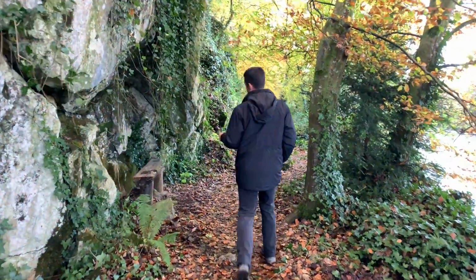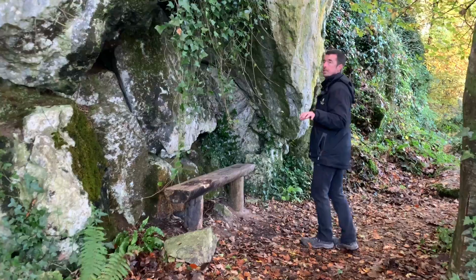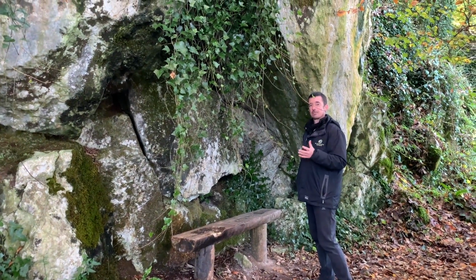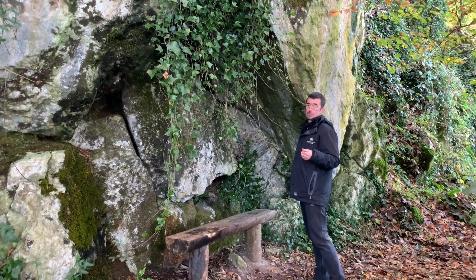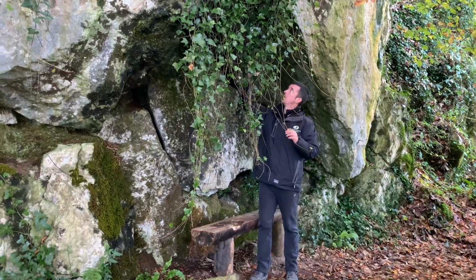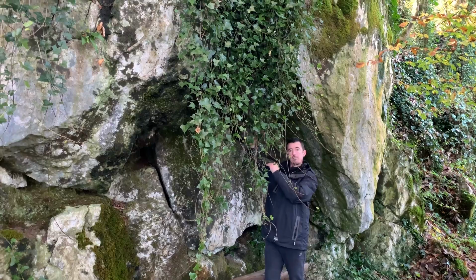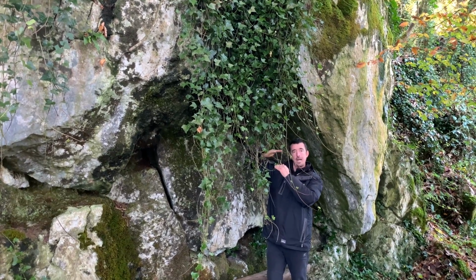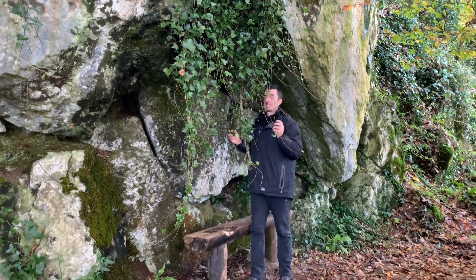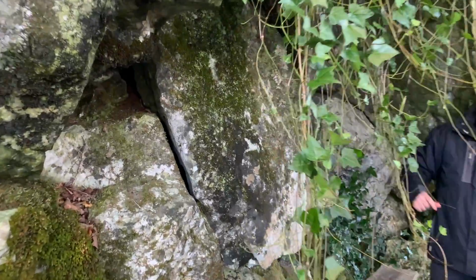You'll also see with benches, through most of the walks we have the benches positioned around the place, but this one is making use of the shelter that was created probably 500 years ago. So you can pop in a second, have a look, but up above me where the two rocks meet, there's a gap that's been covered with more rocks actually stacked up to create a roof in effect. So if you want to pop in and see if you can get that straight up in the middle,